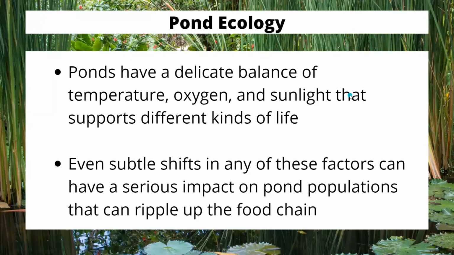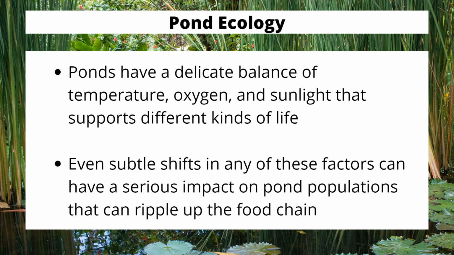All right, so one of the things that people often ask me is, why do we even care about these things? They're tiny, they're often kind of gross to us. Well, first we have to understand that when it comes to the balance of life in a pond, it's actually a very, very delicate balance. There needs to be the right amount of heat, the right amount of oxygen and sunlight that's going to allow different kinds of life to thrive. Even if you just want your pond for fishing, those fish need food. They need other processes to happen to be able to survive. And a lot of our pond macroinvertebrates are going to be responsible for making those processes work.